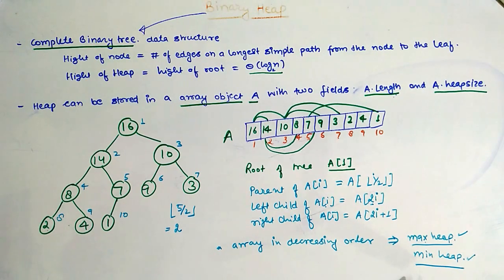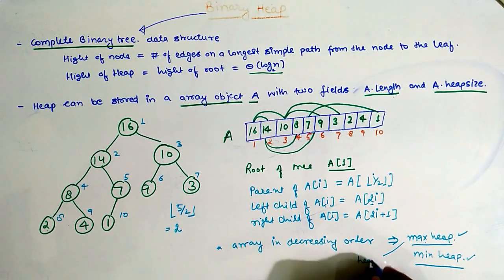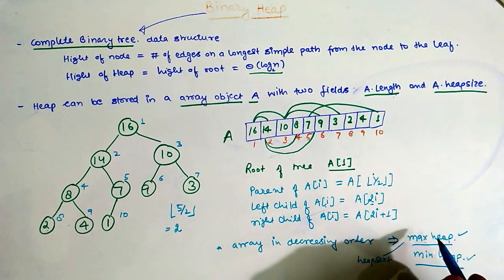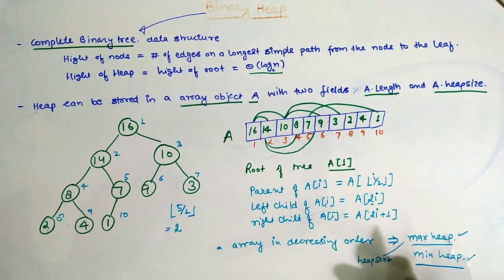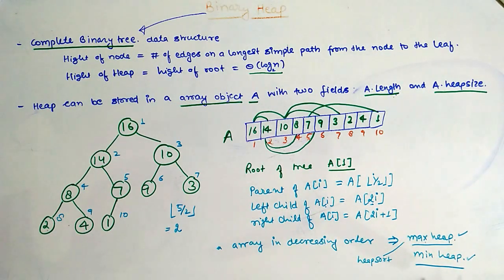Generally, max heaps are used in applications where the maximum element has importance. For heap sort we use max heap. If we want to sort the elements using heap sort, we build the max heap, because we need to fetch the maximum element first, then the second maximum, and so on to the minimum element. So if you want to sort the elements in ascending order, we will always use the max heap. Similarly, min heap is used generally in priority queues.